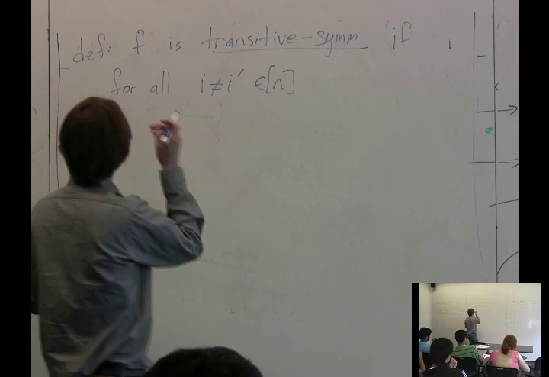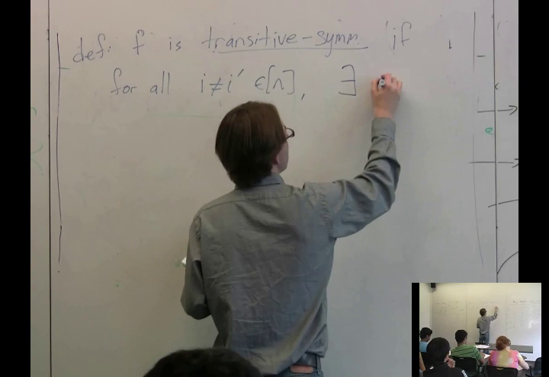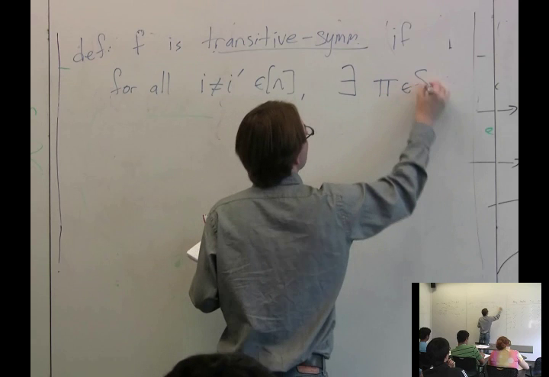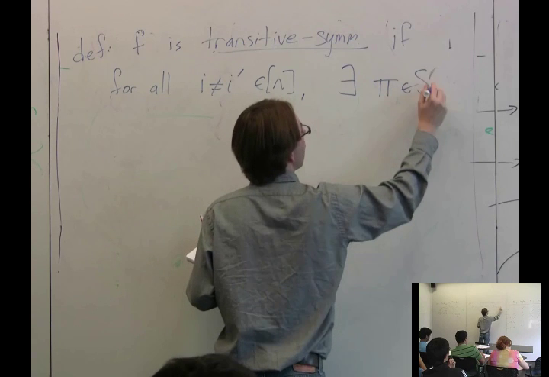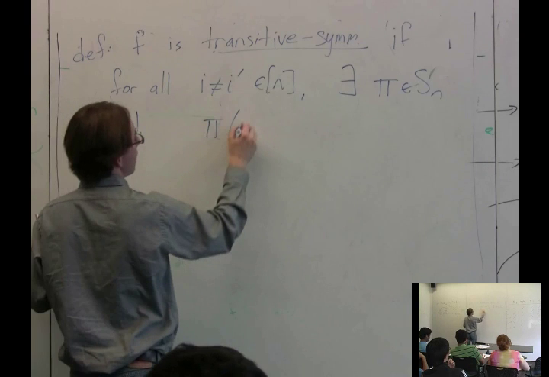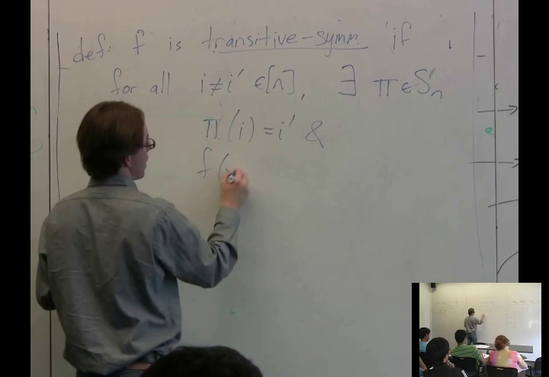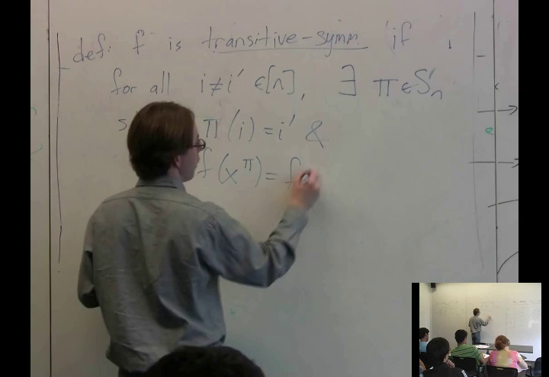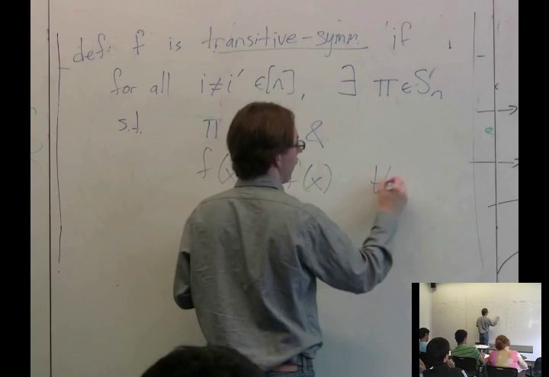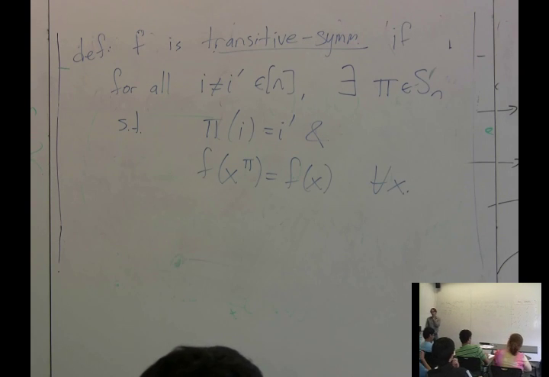So what I mean is there exists a permutation pi in Sn such that pi maps I to I prime and f of x permuted by pi equals f of x for all x. Okay, which sort of captures the idea that any voter is like any other voter if you fix those two